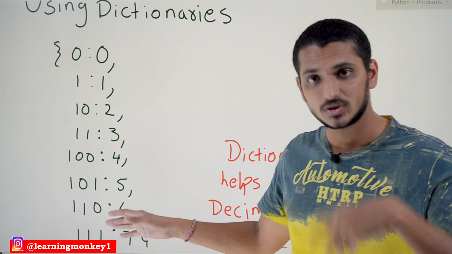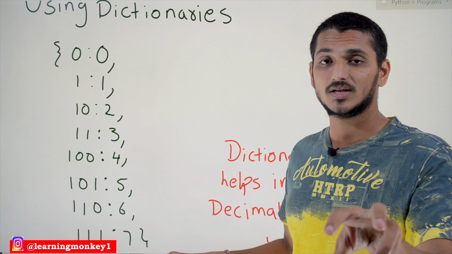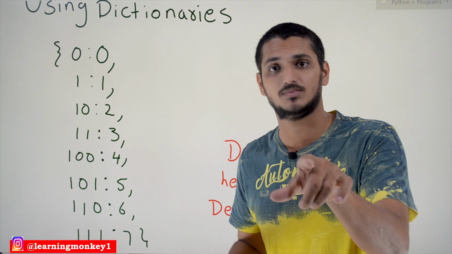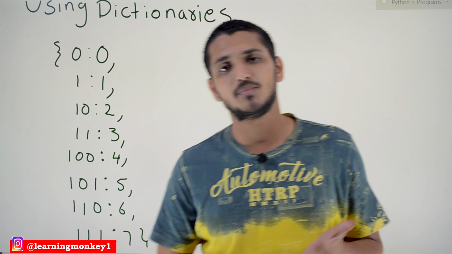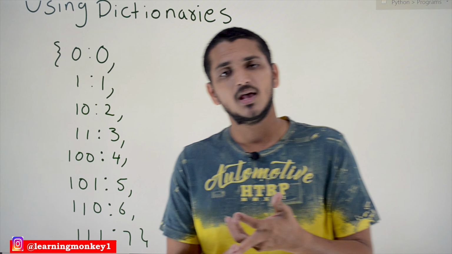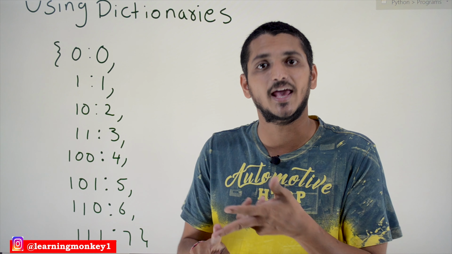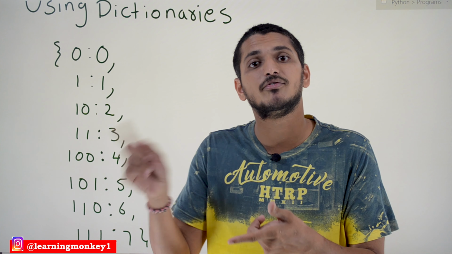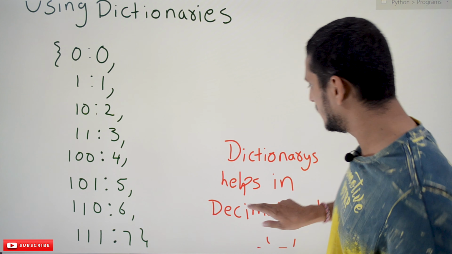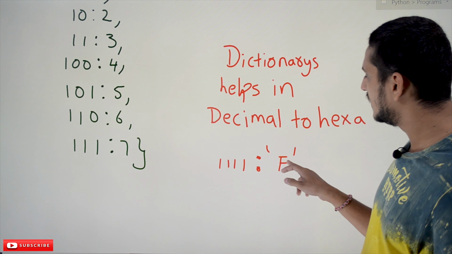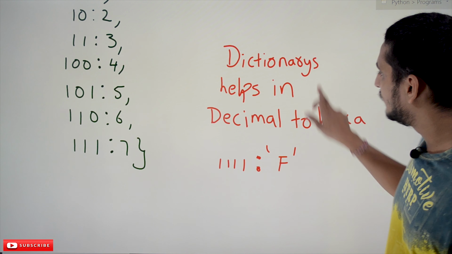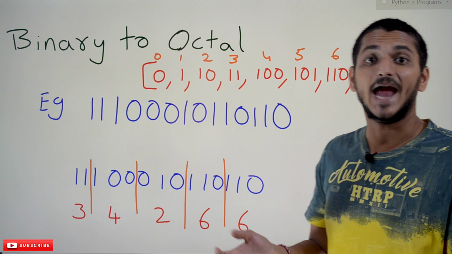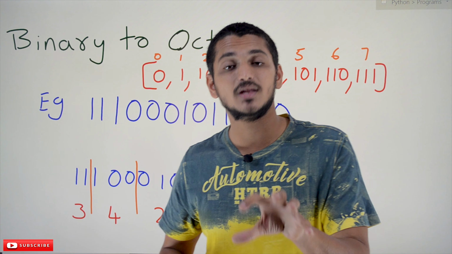We will check both examples, but see the use of dictionaries: we can use a list only for octal numbers. If you want to convert to hexadecimal numbers, what are the hexadecimal digits? 0 1 2 and so on up to 9. For the value 10, it is A. For 11 we get B, then C, D, E, F. If our binary number is 1111, we get F. If you use a list, do you have the index value F? No. In this situation, dictionaries are very helpful.